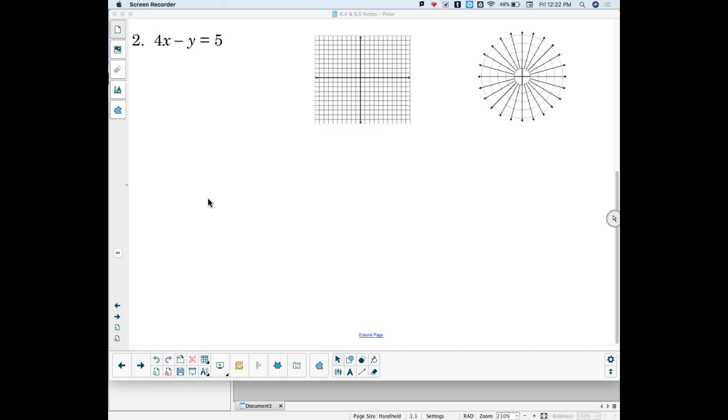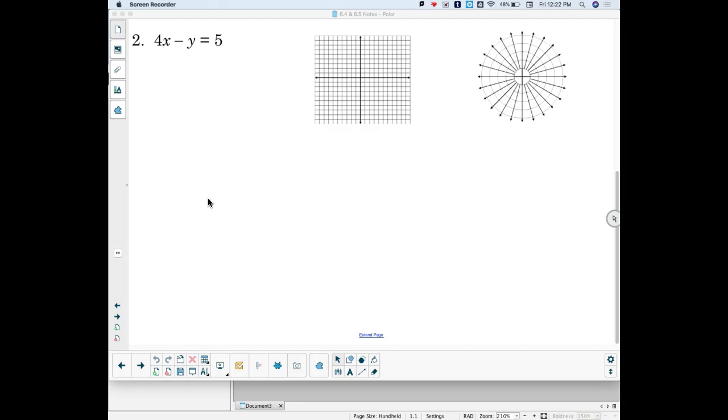So, I want to convert 4x minus y into a polar equation. It's already in a rectangular situation. I want it to be a polar situation. Okay? So, first off,